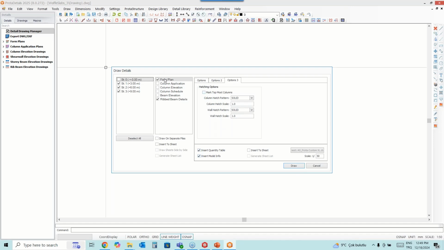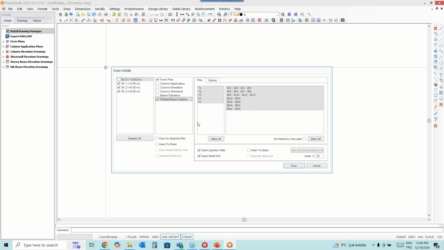Okay, so for example, for form plans, I will not create a sheet, but for rib beam details, we can insert them to the sheet. So you can see that we have multiple options. For example, you can place them in a sheet, but for form plans, you can place your sheet manually if you want. Okay.